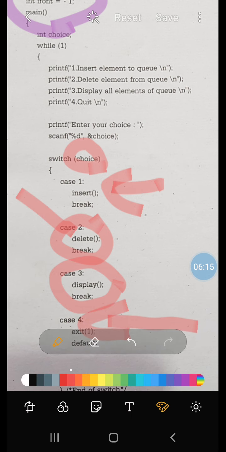So if the user enters case 1, what have we called? We have called the insertion function. Then there is a break. This is the syntax of the switch statement. If the user enters 2, then the delete function will execute. If the user enters 3, then display, and if the user enters 4, then exit.